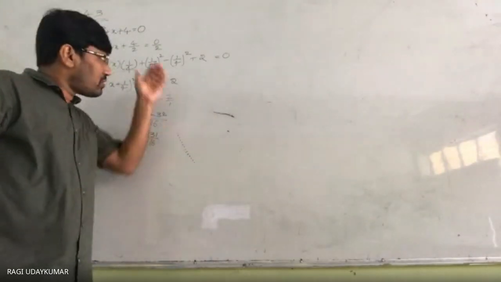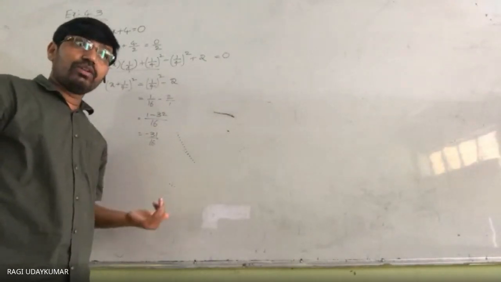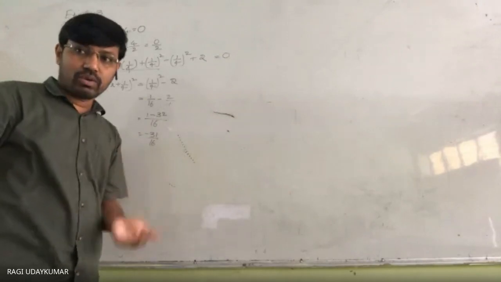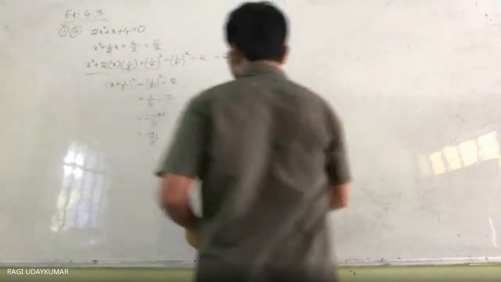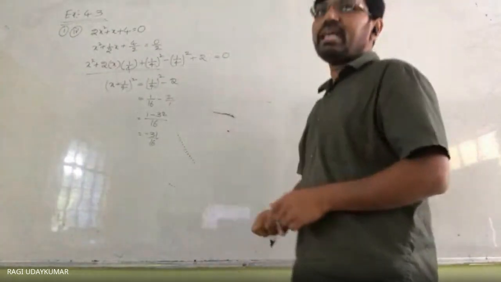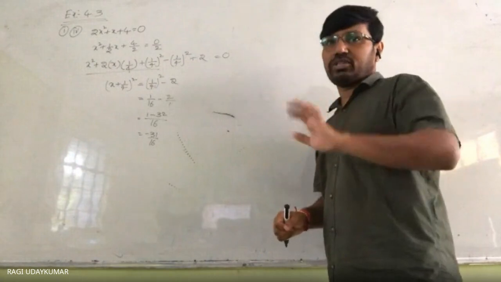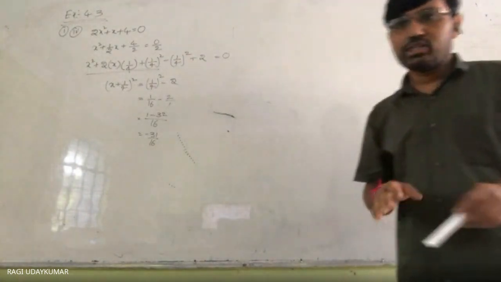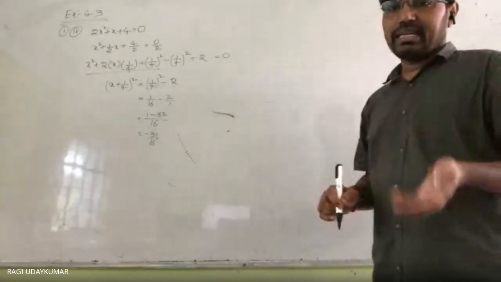But before solving this one, roots exist होगा नहीं होगा find out करने के लिए, there is one method which is called a discriminant. With the help of the discriminant, we can find out whether the root exists or not. So that is only called the nature of the roots actually. That is the last concept we are going to have in this chapter.